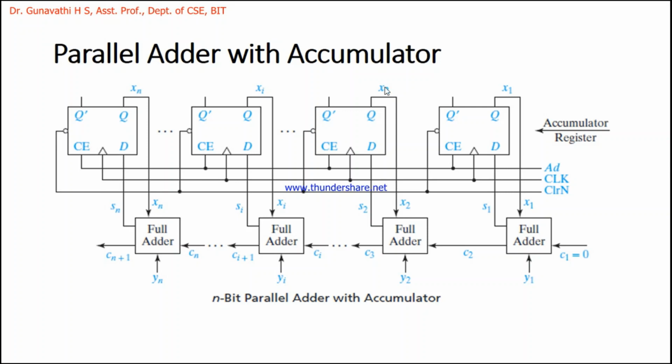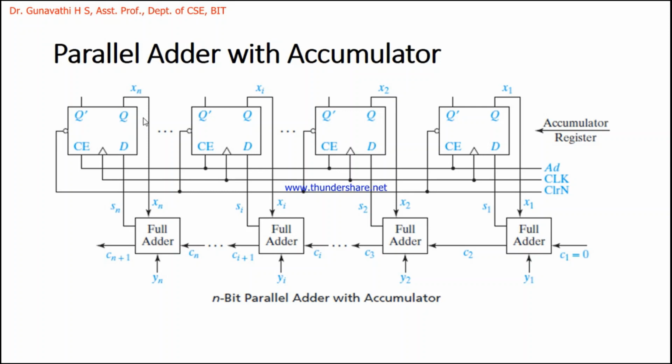Next we again have some data here that we extract, and we add it with the next data along with this carry. We get the result here, S2 and C3. It keeps on passing to the next levels. Now all these D inputs have the results, 0, 1, 0, 1, 1, whatever it is, based on the input values and the carry generated in the previous stage. Now with the application of a clock, all this data is shifted into the register.